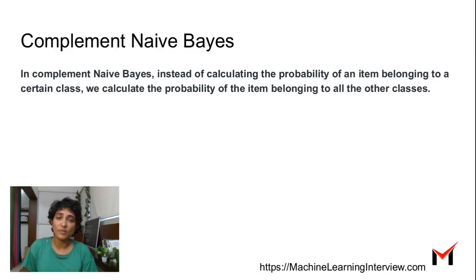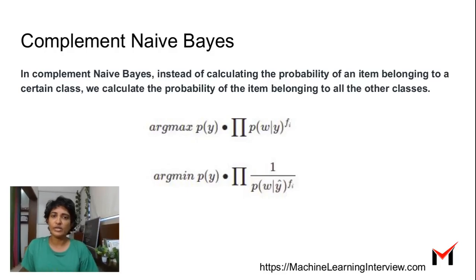So when you use complement naive Bayes, when you're looking at all the documents belonging to other classes except this class, you will probably find enough data to gauge whether the word is occurring less frequently or more frequently in other classes. If you look at the formula itself, for naive Bayes, we look at the probability of the class itself, like the probability of ham or spam, times the probability of all the words given the class, and we see for which class this is maximized.